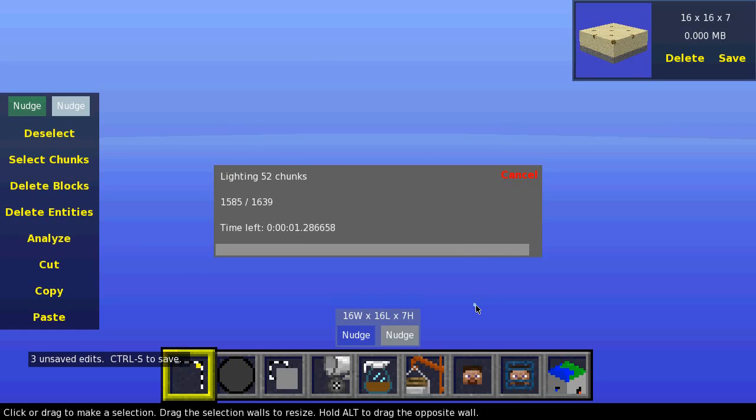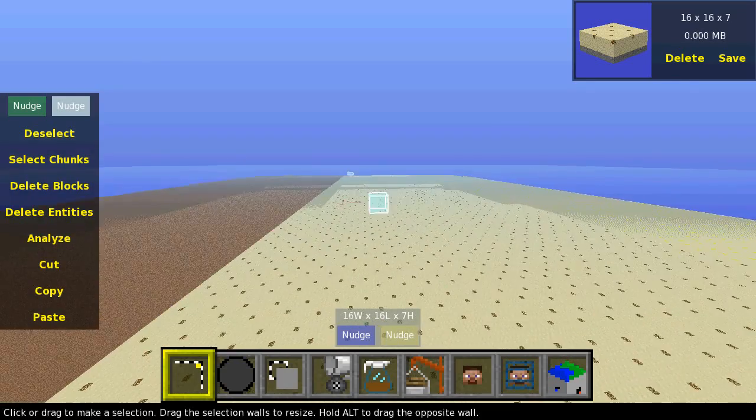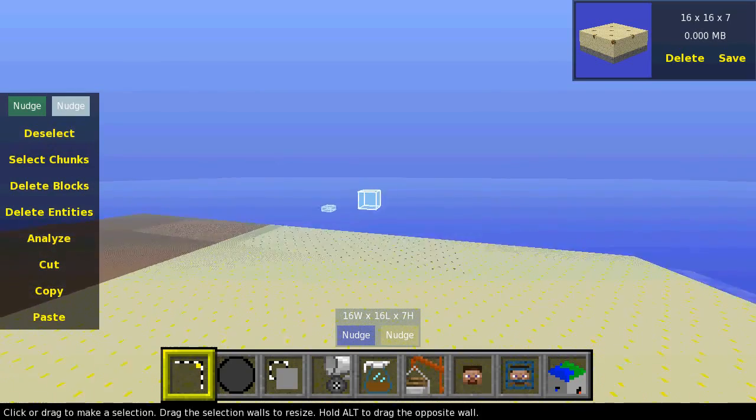And a few more seconds, and that's going to do the lighting for the chunks that have changed. And there we go. So any edits made don't go into effect until